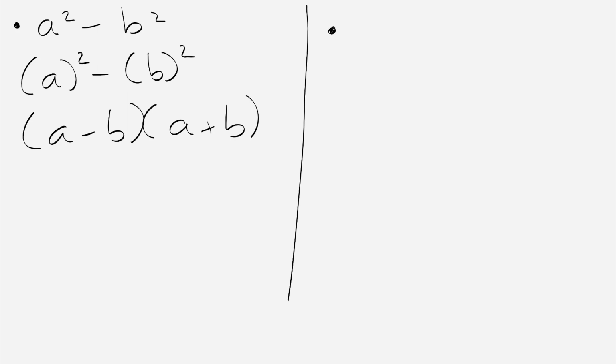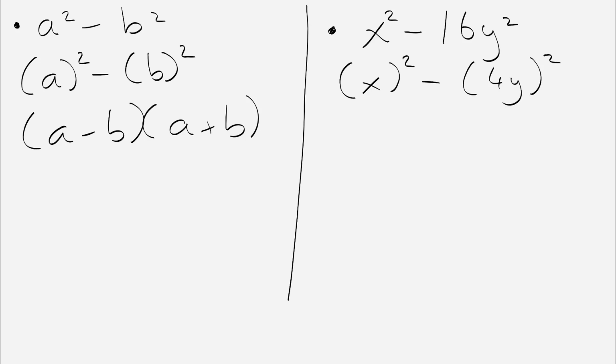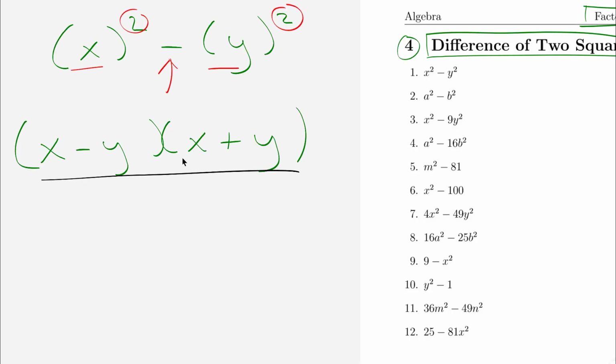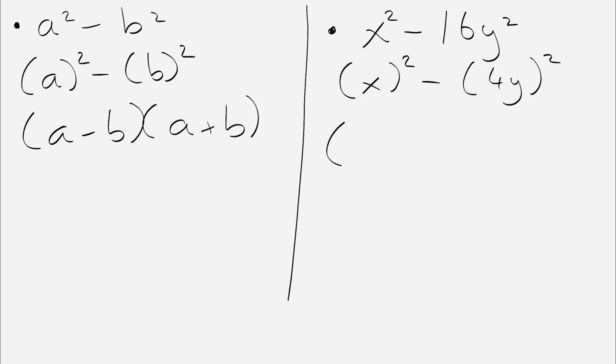Let's say I had x squared minus 16y squared. So I will rewrite this as x to be squared minus, now 16y squared is 4y to be squared, because 4y, remember, squared means multiplying it by itself. So 4y times 4y would be 16y squared. So now that I have it written as something squared minus something else squared, I can use this rule that we talked about again. So I will call this x minus 4y, x plus 4y,